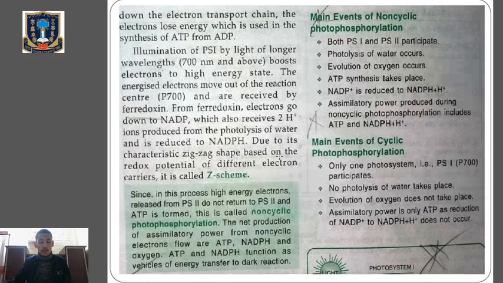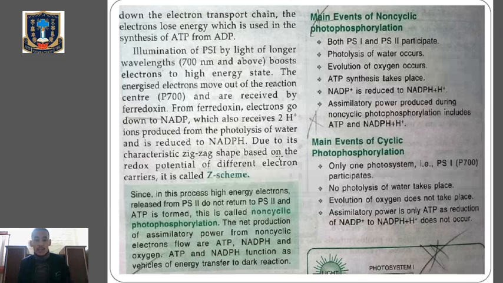Now PS1 is excited after receiving the light of wavelength 700 nanometer and also receiving the electrons from PS2, which are a little less in energy. So the electrons of PS1 will become excited once they receive the light of wavelength 700 nanometer, and those electrons will be emitted from the reaction center of PS1, accepted by the electron acceptor, and will move downhill through the electron transport system,